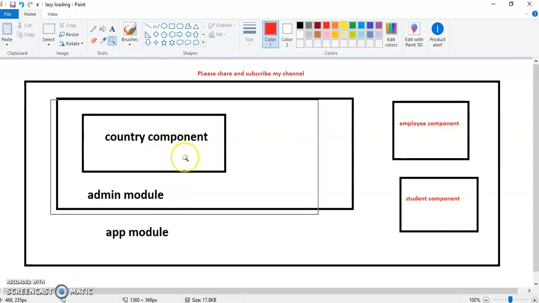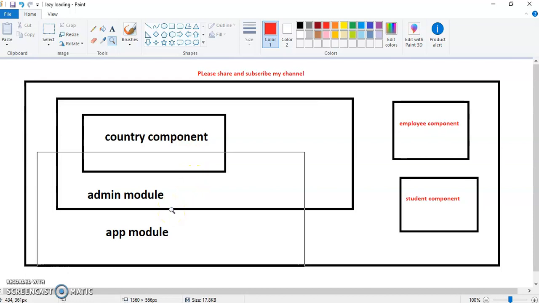So what is meant by lazy loading, and how is lazy loading related to modules and components? We are going to see in this example. What is meant by lazy loading? It means loading a particular component. A component is nothing but a segregation of HTML, CSS, and TS files. We can call a component simply a page. Loading a particular component on demand, on demand in the sense of whenever we need it, is called lazy loading.